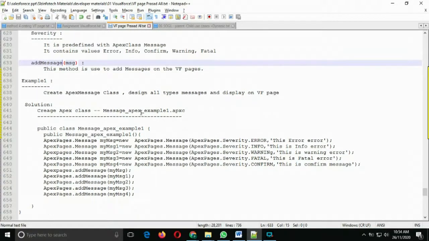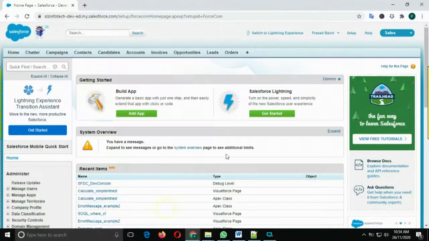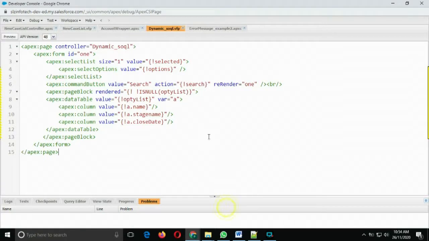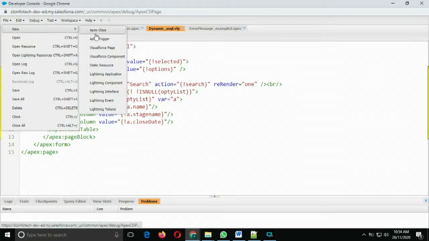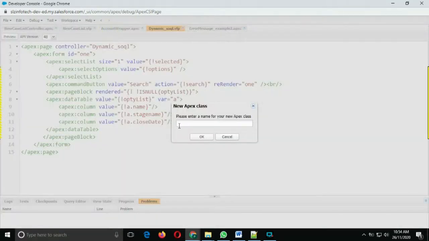Okay, for example, we are going to create an Apex page which contains all the severity kinds of error and displays the errors to the user's page. Now come to the developer console, create an Apex class.